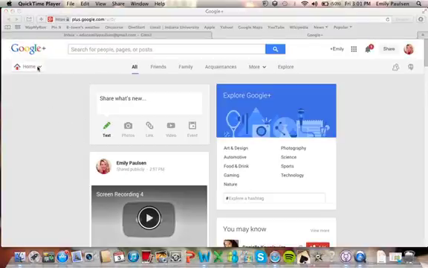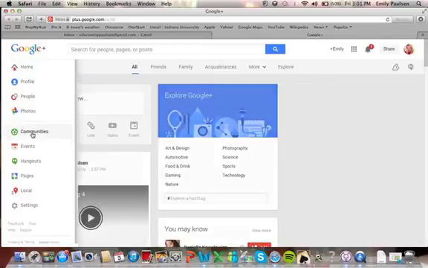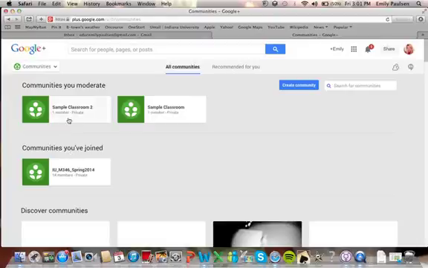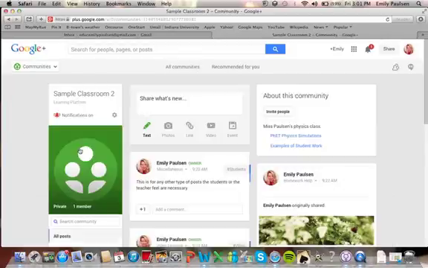So for school, the best feature to use is communities. And I've already created a sample classroom, but for you to create a new one, you'll just click here on the blue square that says Create Community. So I'm going to go to the one that I've created already,